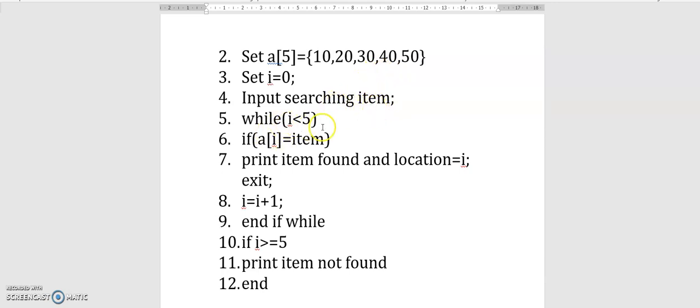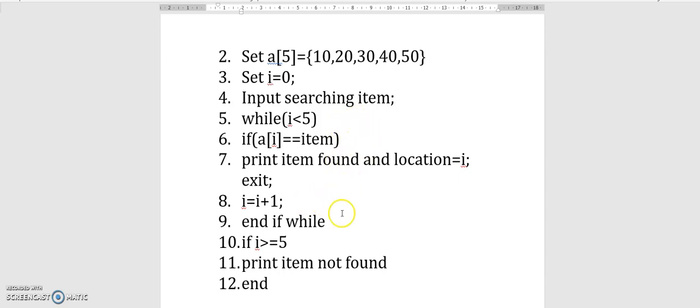While I is less than 5, if A of I is equal to item, that means we compare A of I with the input search item. If both are equal, the item is found, with location equal to I. If not, we continue searching until the element is found.